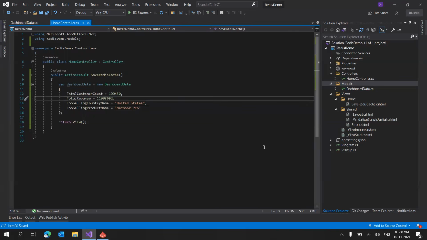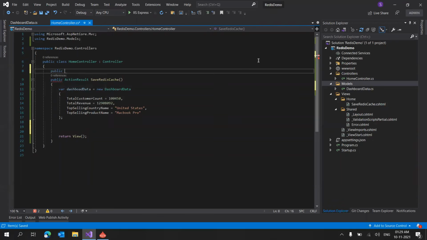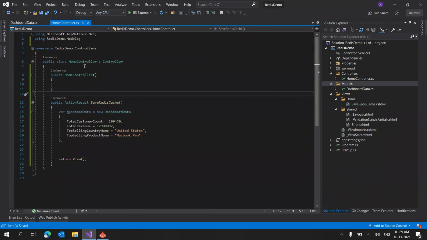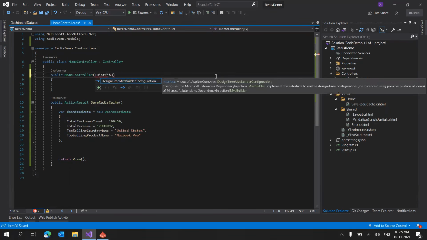So we are showing these 4 values. We need to show these 4 values in our dashboard. First, we are saving this data in our Redis cache. Then in our dashboard, we will retrieve the data from Redis cache and display it. This is what we are going to do. In order to do that, first I'm creating a constructor of home controller. And as we have added the dependency injection, here I can give I distributed